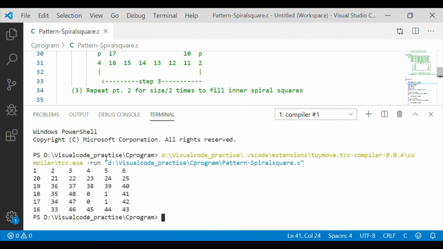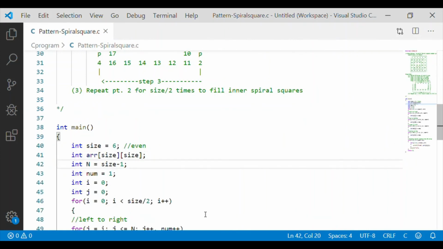Okay, on executing we see that 24 is overlapped, 25 is overlapping the 7, and it's all shifted rather than spiraling down. So we'll go back. It is because we have a variable n which is initialized to size minus 1, but when we go to the innermost square it has to be decremented.